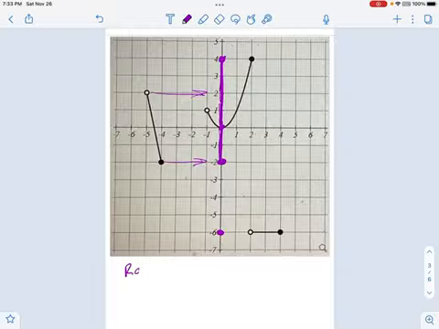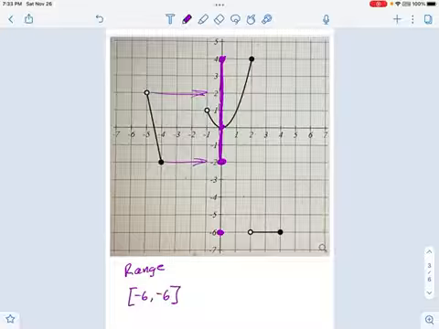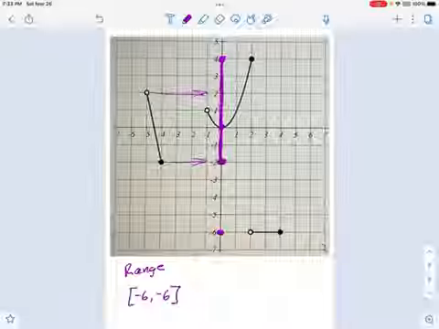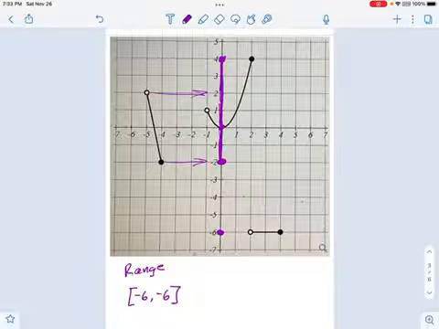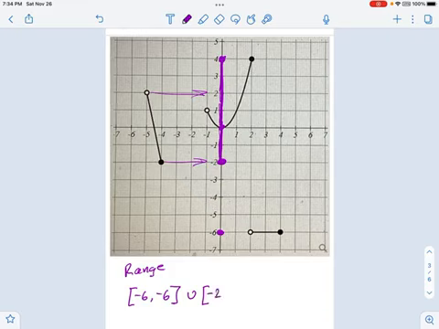And the way I would say this, using interval notation, is the following. I would start at the lowest one, -6. And we have to write it this way, [-6, -6], or the computer's going to scream at you. But honestly, if you had just said -6 inside brackets with no comma, that would be fine, I think. But since it's computer homework, make sure you make the computer happy. So then we go to the next lowest value, that's -2, and we go all the way up to +4. And that's it. That's our range.